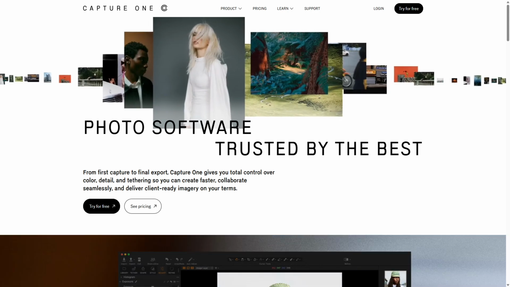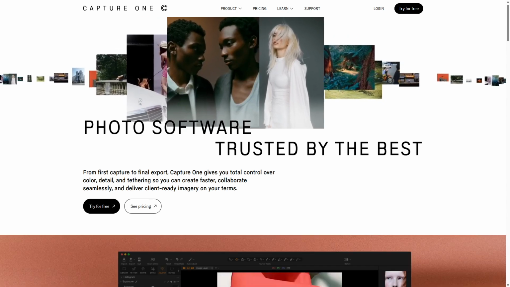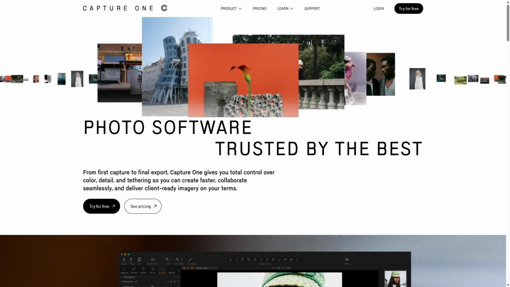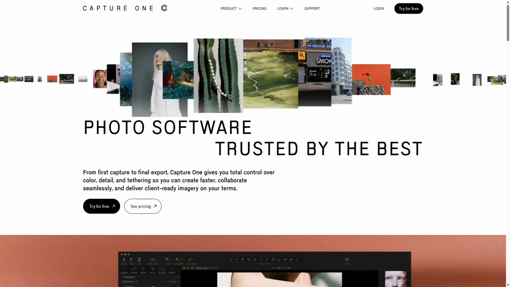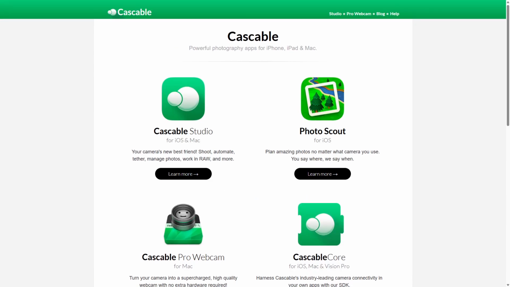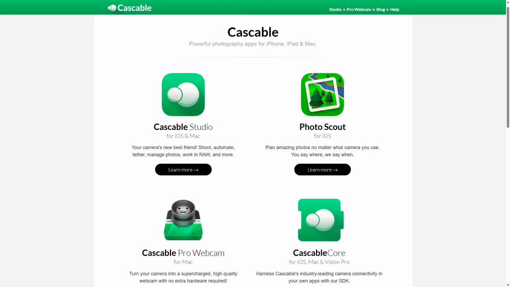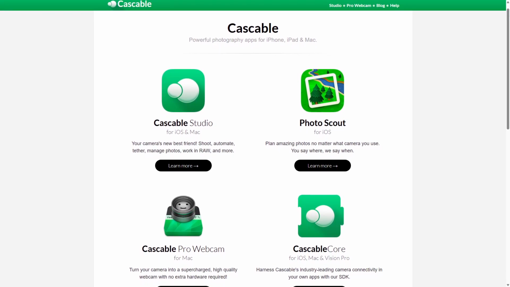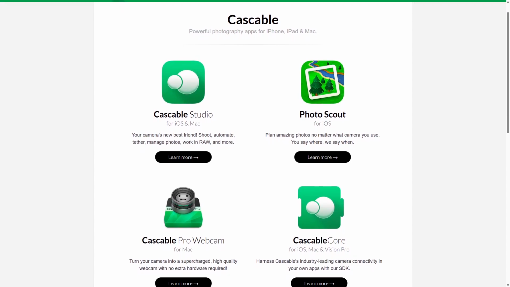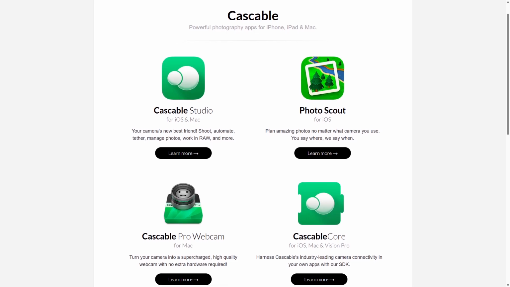Cascable focuses on wireless connectivity and mobile device integration, while Capture One combines tethering with advanced raw editing and professional studio workflow features. Cascable is a wireless photo tethering app designed to connect your camera directly to mobile devices like iPhones and iPads. It works by linking compatible cameras over Wi-Fi or Bluetooth, enabling remote control, live view, and instant